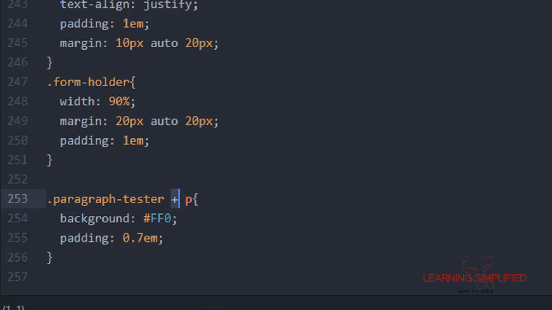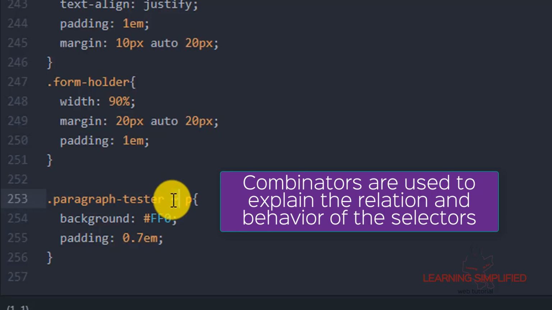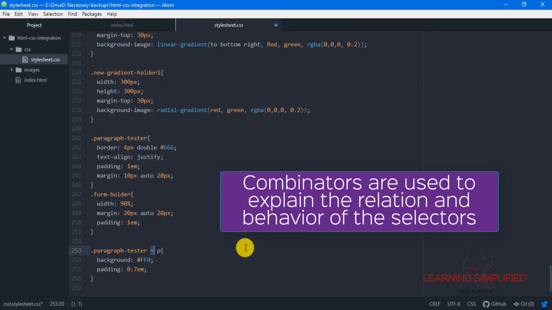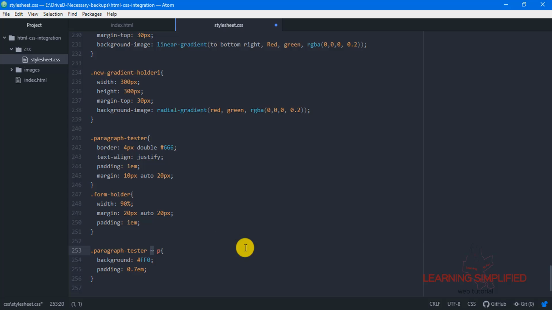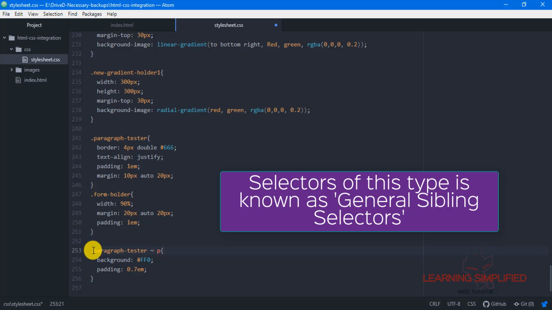And if we use this following combinator instead, all those signs inside will be termed combinators, and the purpose of a combinator is to define the function, the behavior of a particular selector. So we are practically using combinators to define our selectors right here. In this case, this selector along with the tilde combinator is termed the general sibling selector.